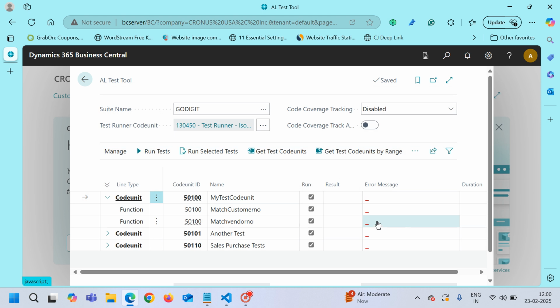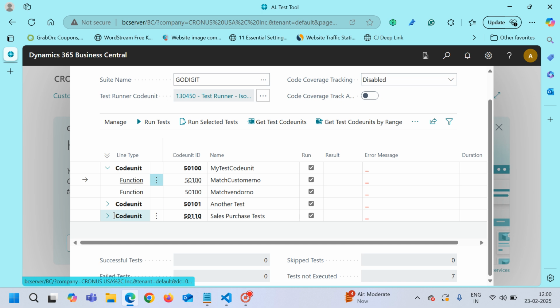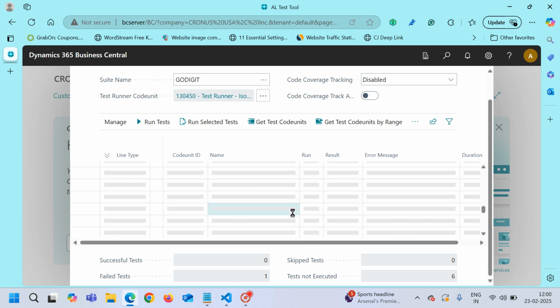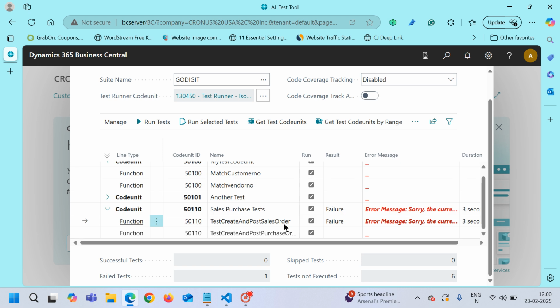Basically what happens is that if I, let's say, run this test case, which is not only creating a sales order but also posting a sales order, right? So if I run this selected test, what it will do is first create a customer, create an item, create a sales order, and then post it, right? So I got this error at this moment. If I run this one, let's say,